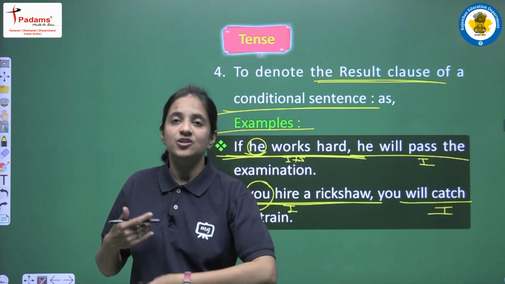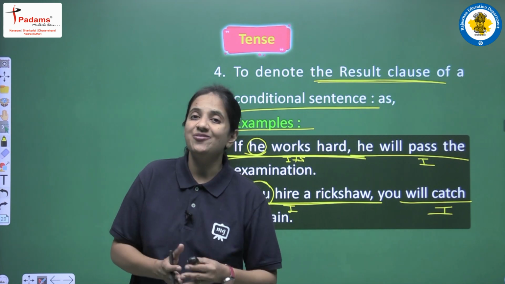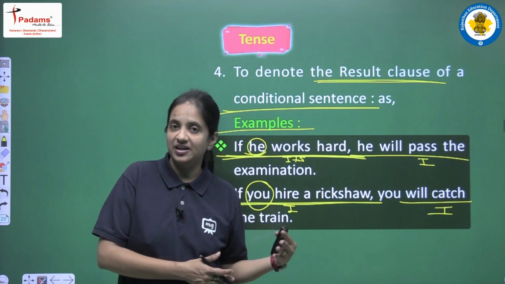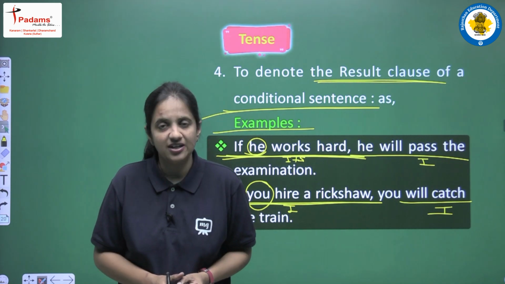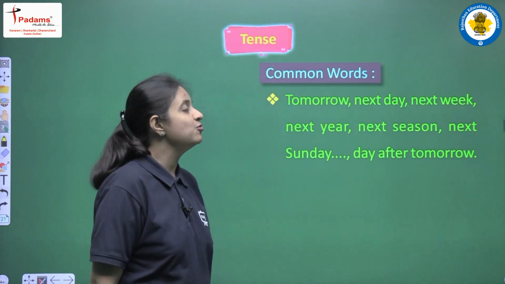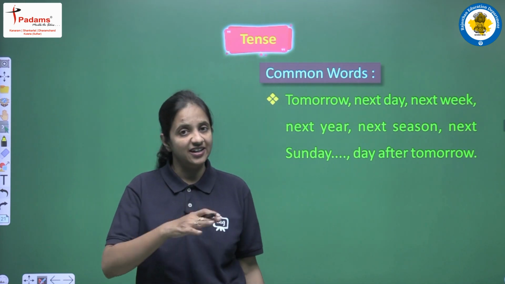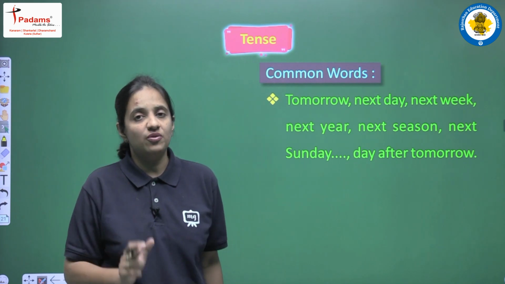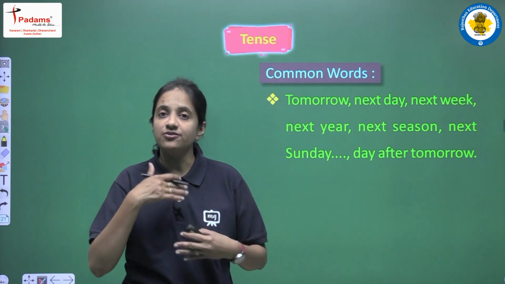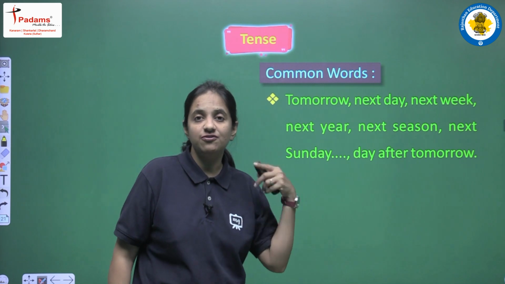We have discussed helping verb and main verb, all the rules that are related with helping verb and main verb, and we have seen the different uses where generally this tense, that is future simple tense, is very frequently, very commonly used, right? So now we are having some common words that are used in the sentences related with future simple tense. One thing that we all know is that this tense is used to show the activities that are related with the future time. So all these words we are having here show the future time.